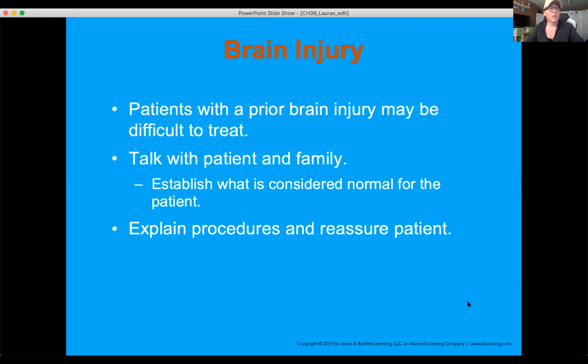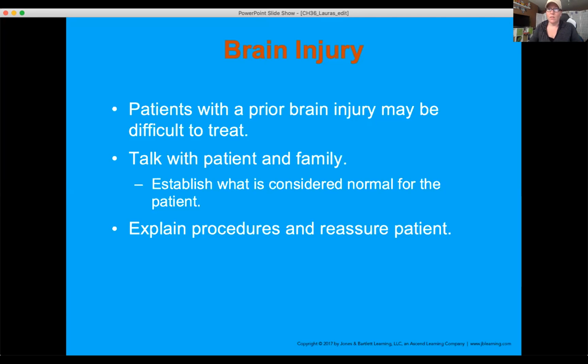Patients with brain injuries. So there's a lot of different ways for somebody to have a brain injury. Some people are born with brain injuries. We'll talk about, again, cerebral palsy is just one of them, or people can end up having brain injuries after a stroke, after a traumatic injury. So that can change that person's everything from their personality to their ability to put cognitive thoughts together. And it's at different levels depending on what, specific to that patient, their limitations would be with that injury. So make sure you establish, again, the normal baseline for this patient. Document patient's baseline is such and such, and what's different today, all right?